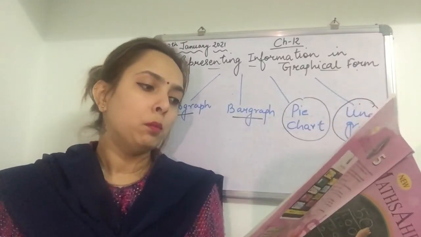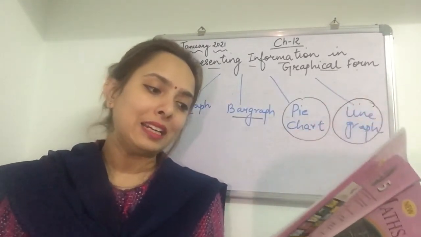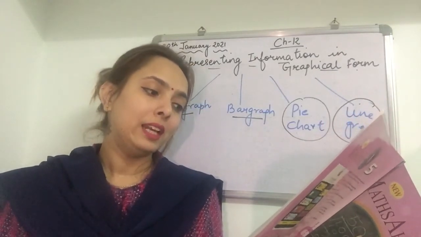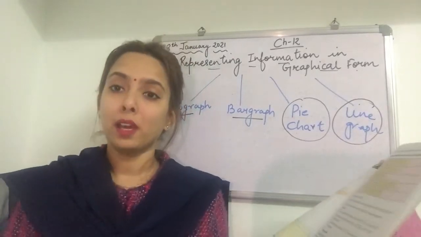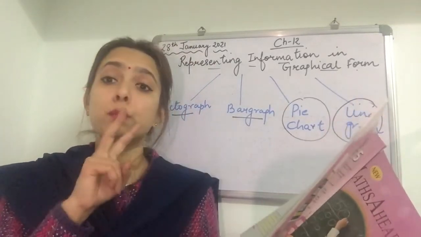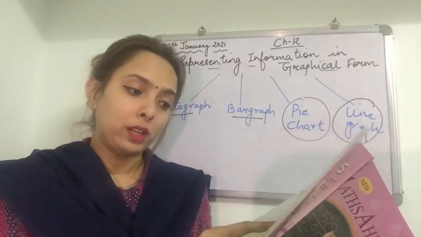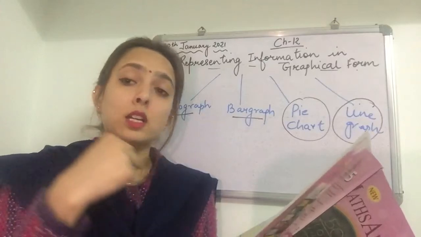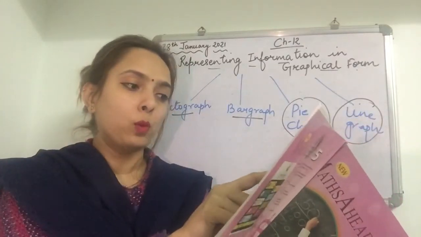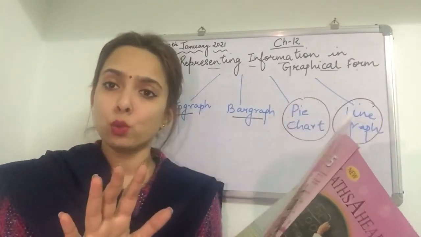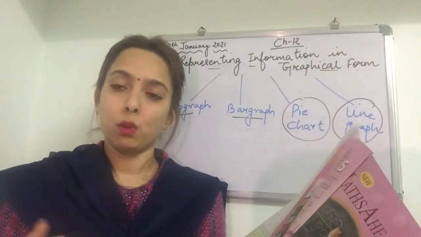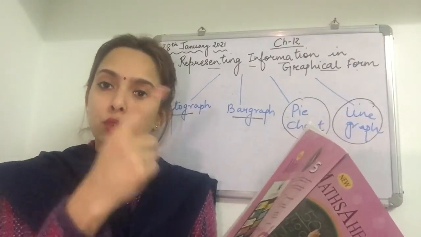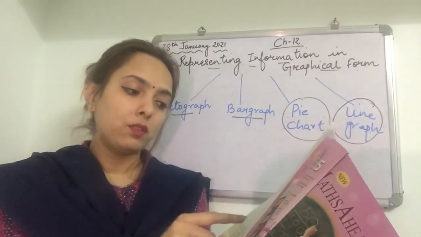Next, how many more students with 100 in mathematics are there in class 4th than in class 3rd? So here in this question, what do you have to do? You have to subtract. Class 4th was having 1, 2, 3, 4, 5, 6, 7 students, and class 3 was having 3 students. So 7 minus 3 will be 4. The answer will be 4.